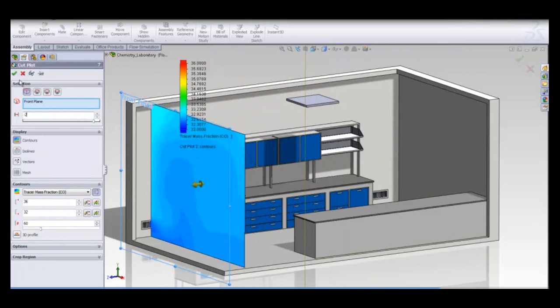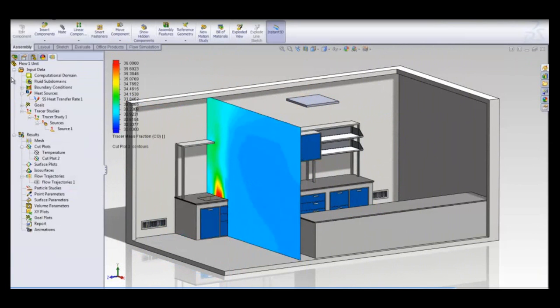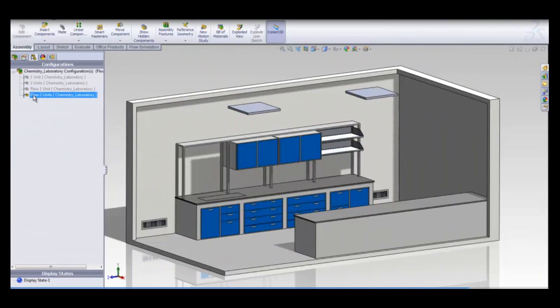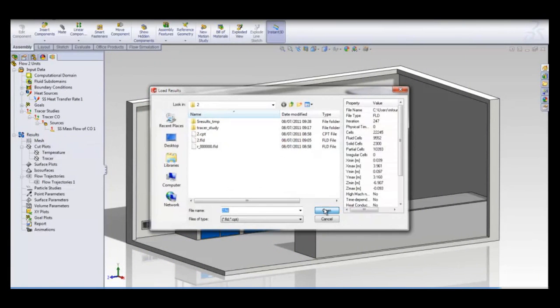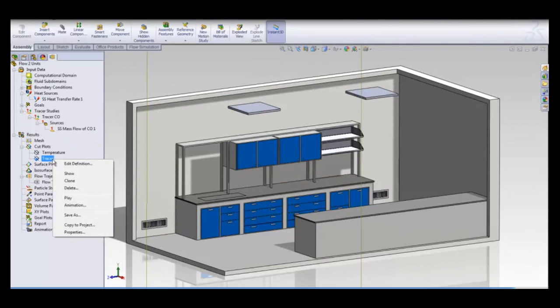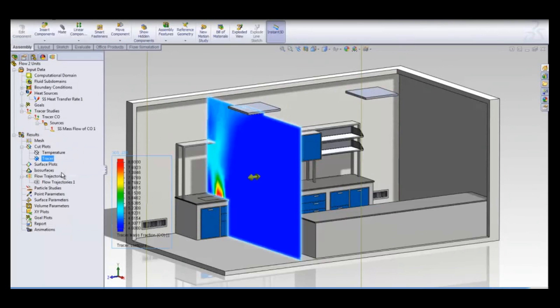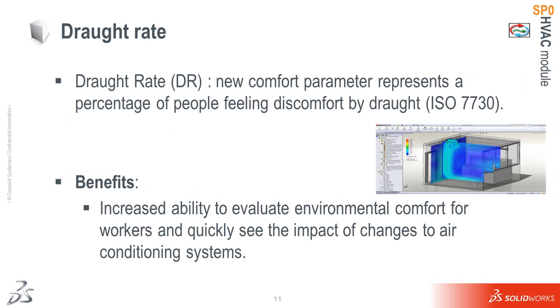Using tracer study, it is also incredibly fast and simple to investigate the impact of a design change made to the ventilation system. In this particular scenario, installing a second outlet will dramatically reduce the concentration of carbon monoxide by a factor of 4. The HVAC module of SolidWorks Flow Simulation enables engineers to access thermal comfort parameters